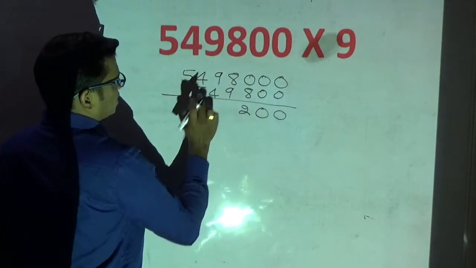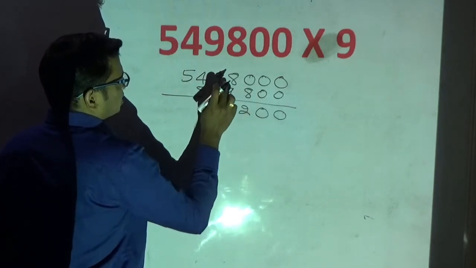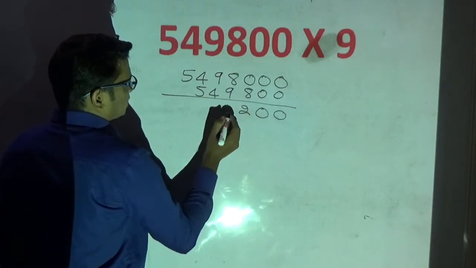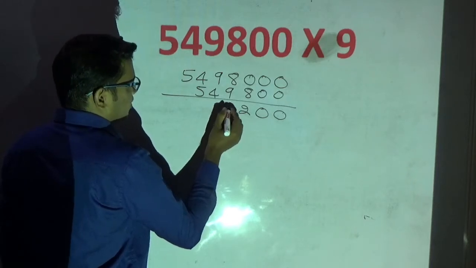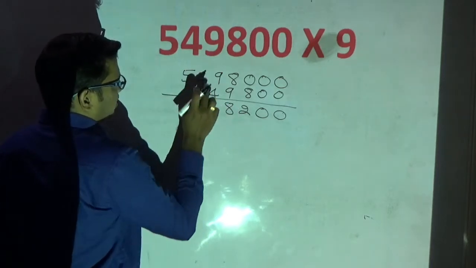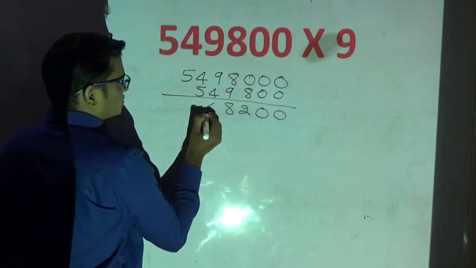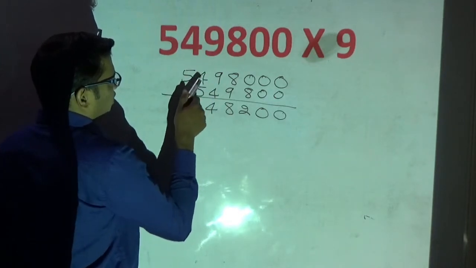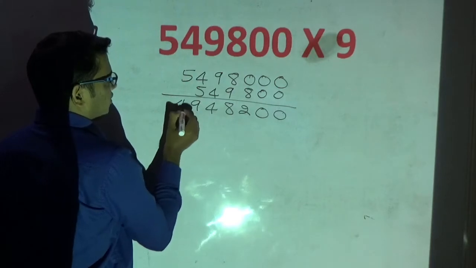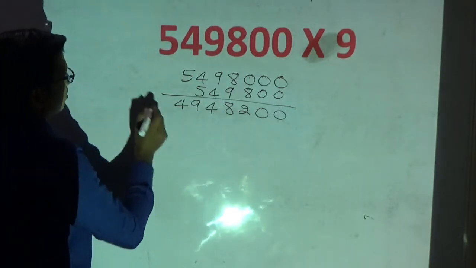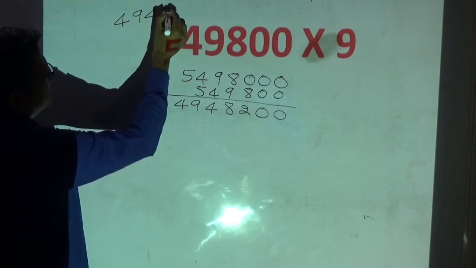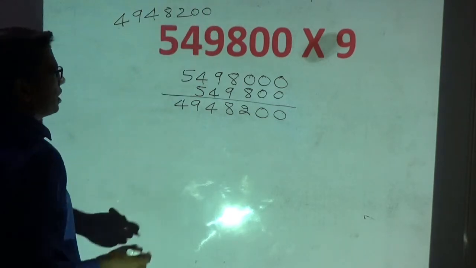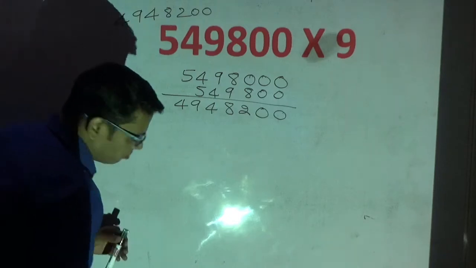Okay, so here 7 left out because I have taken the borrow. Then 17 minus 9. What is 17 minus 9? That is 8. Okay, now here what is left out? I have taken the borrow, right? This is 8. 8 minus 4 is 4. I have to take the borrow. 14 minus 5 is 9. This is 4. So the answer for this example is, I will write it here, 4948200. Okay, now I will apply my other method for this.